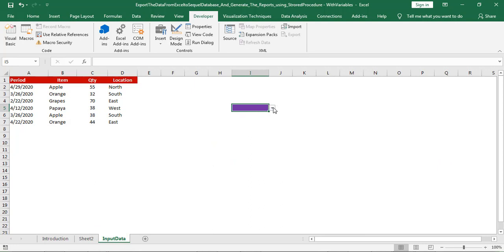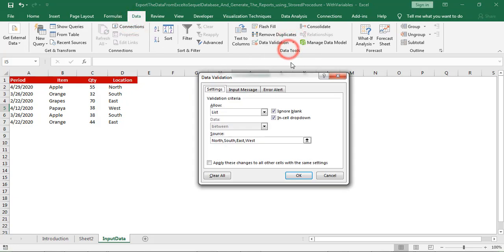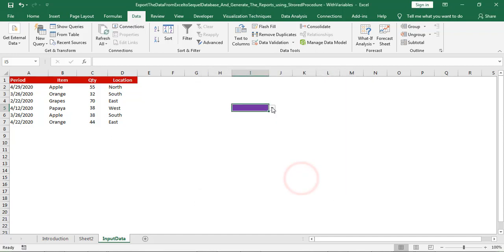Already I created a drop down by using data validation. Here we can find north, south, east, west. I placed the location values here. Click on OK. Now I am selecting north.